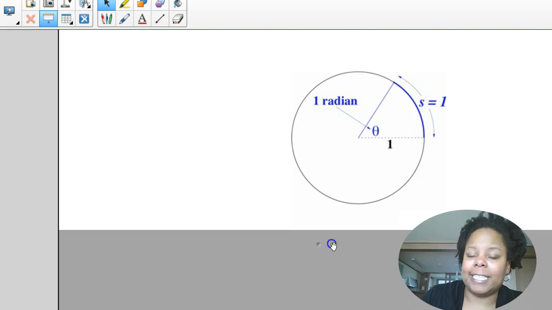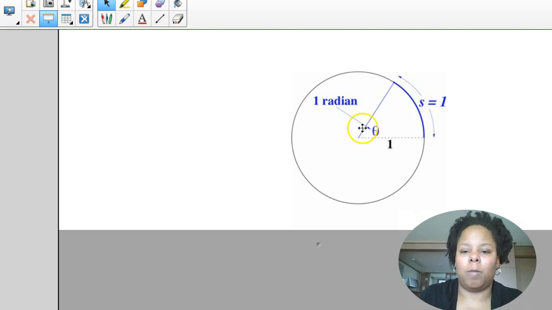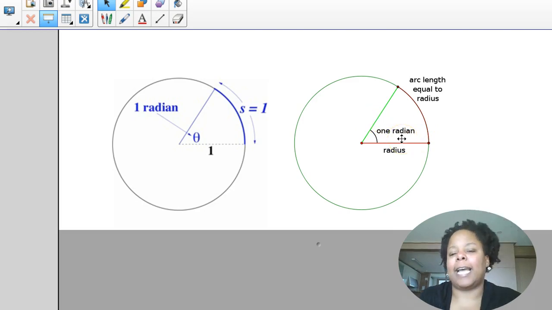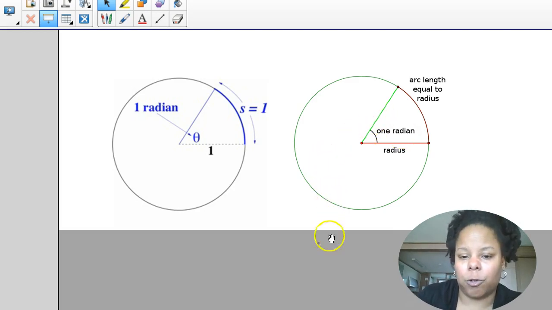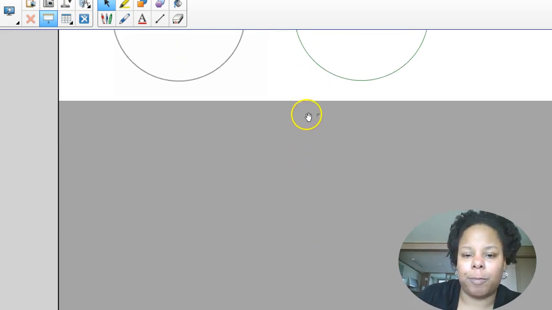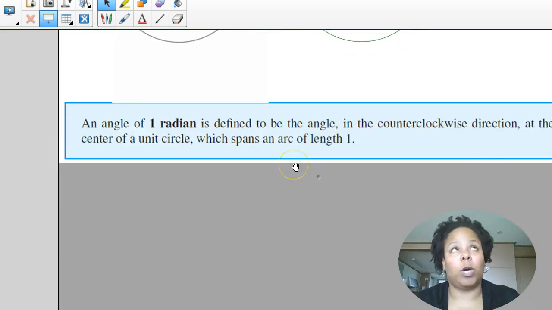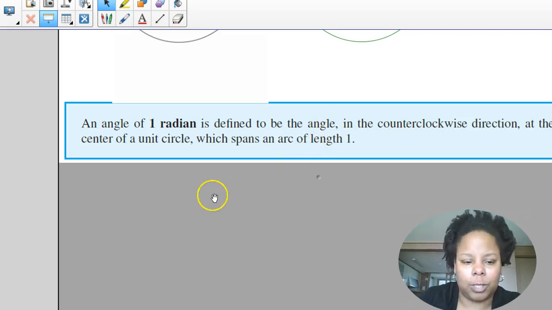A radian is the measure of the angle that will produce an arc length that is the exact same length as the radius of the circle. Okay, so 1 radian is the angle measurement that will produce an arc length that is the exact same length as the radius of the circle. And visually, that's what it represents. And the definition is an angle of 1 radian is defined to be the angle in the counterclockwise direction